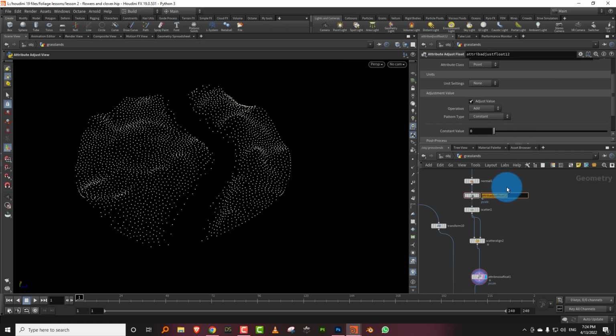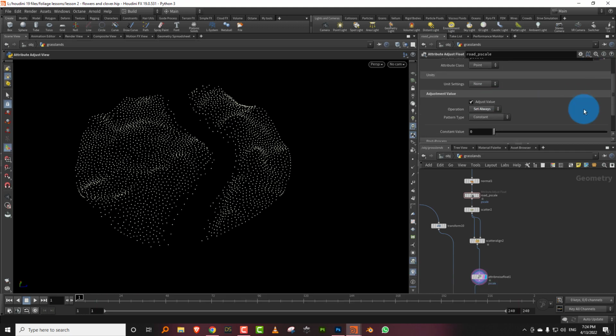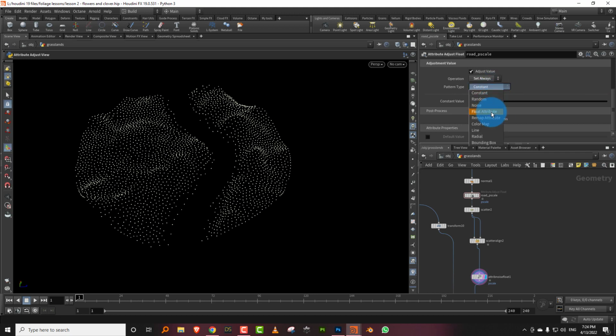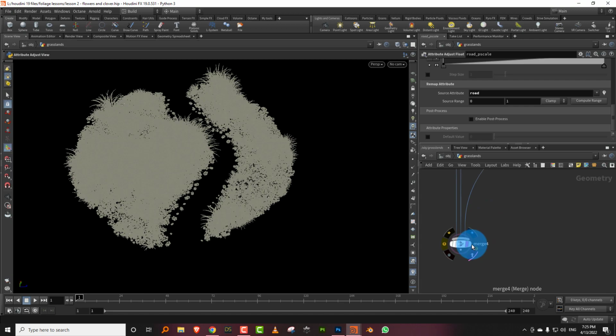Let's call this road p scale, and we're going to do set always. It's setting p scale, so that is fine. And again, remap attribute and pick up road. And what this will do is, because everything should just work, if we come in here, see,